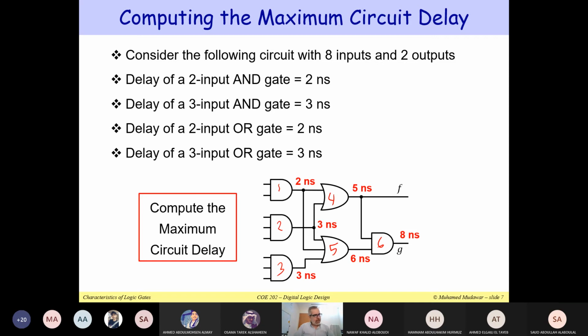Can you tell me what is the critical path? From the gate number 3. 3, okay, 5, 6. So can you tell me all the gates along the critical path? Yeah, 3, 5, and 6. Excellent. So we have here 3, 5, 6. These 3 gates are along the critical path. Is there another critical path? Yes. 2, 5, 6. So we have discovered more than one critical path.